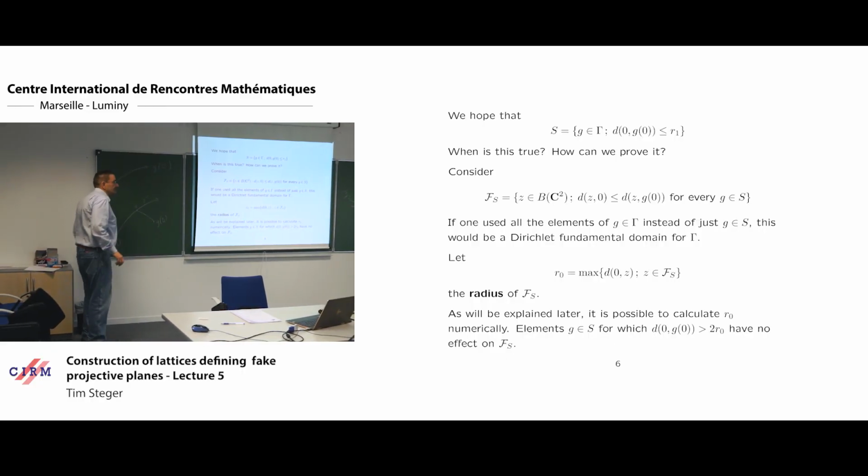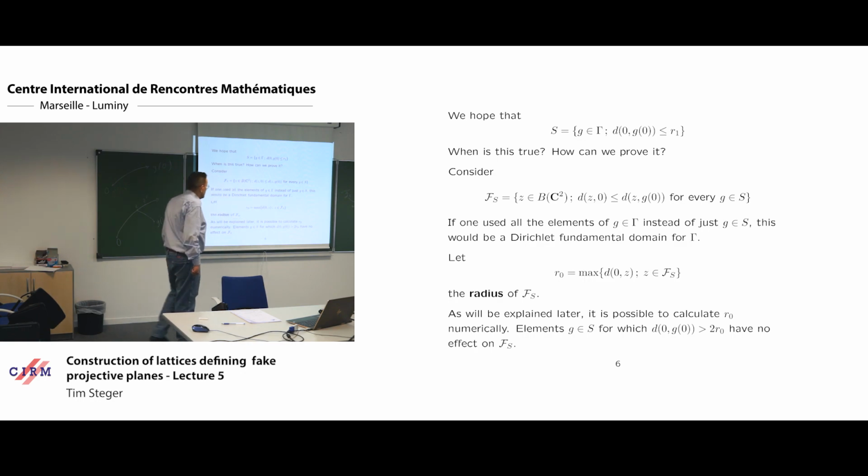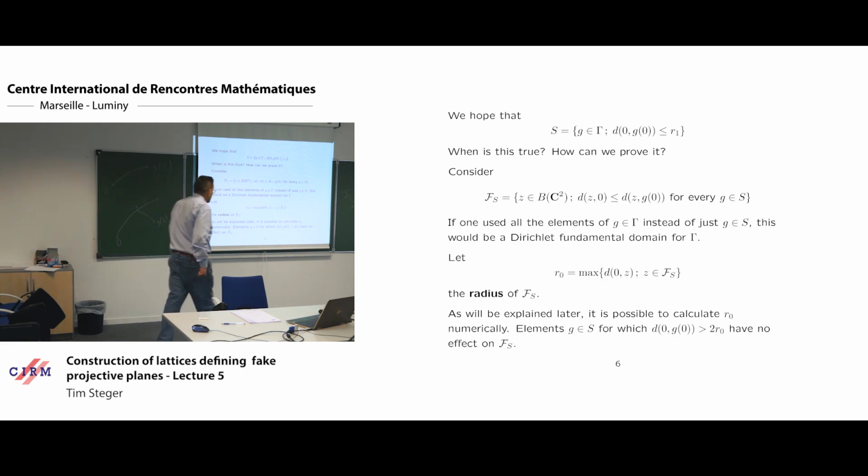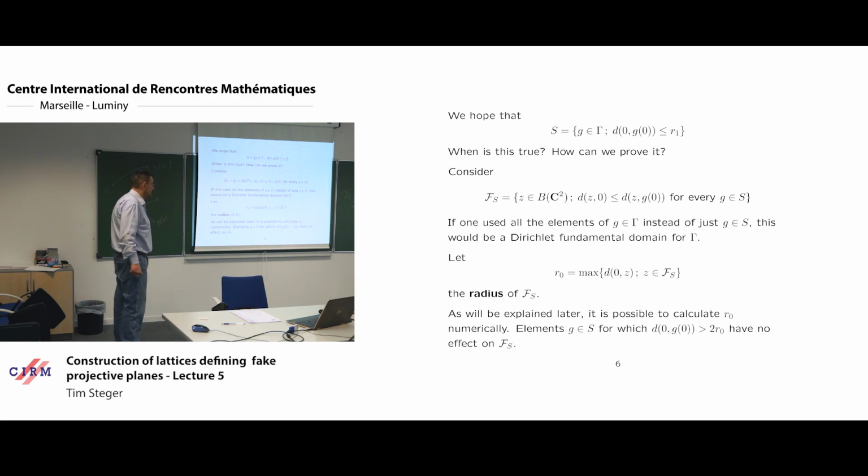Now, it is important that R0 can be calculated as a number. If our set S is made up of concrete numerical matrices, we can also calculate R0 this way. Now, I would like to point out that elements in S which are bigger than twice R0 don't have any effect on what Fs is. Why is that? Well,